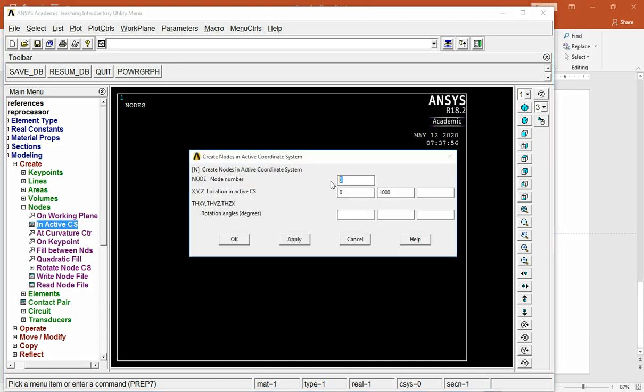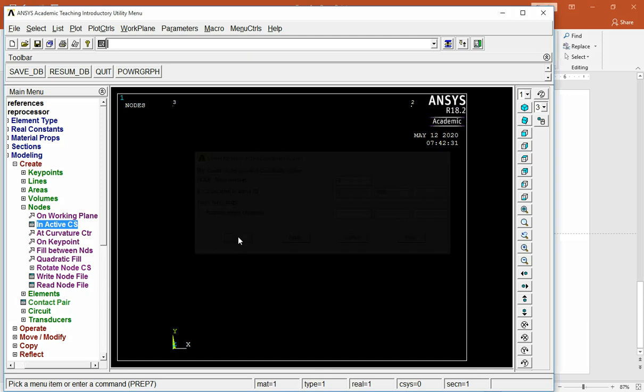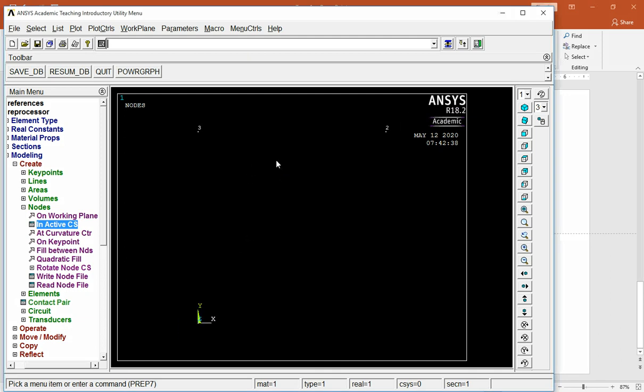Here, first node you create at 0, 0, second node you create at x is 1000 and y is 1000. Then node 3 should be created at 0, 1000. You can notice here we have created 3 nodes.